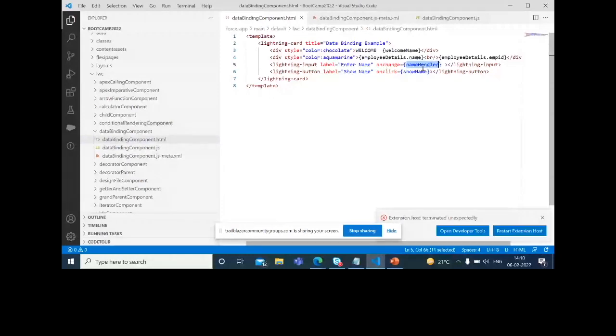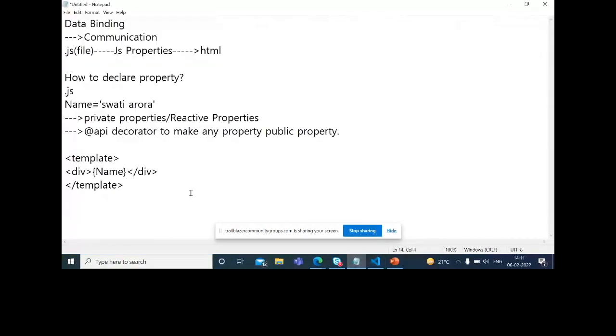Now what I want to do is set the value I'm changing in the text box into the property welcomeName. There are lots of ways to access the value of the text box or any input field. To access the value of any input field, there are three ways.